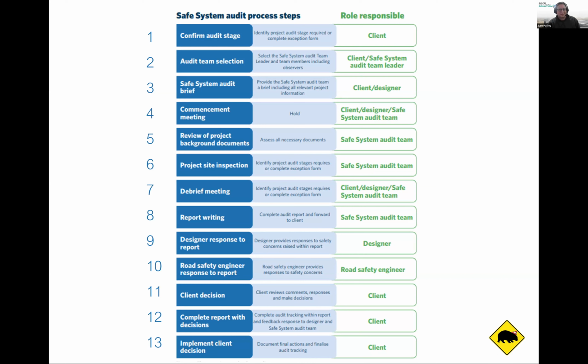But as a documented process, it's actually quite important that you go through 9 to 12 so you can document how you've thought about and come up with a decision. I always like to think about it this way: if my project was on the front page of the newspaper because a fatality happened, can I go back and show how we've come up with those decisions? That part is really important to show.